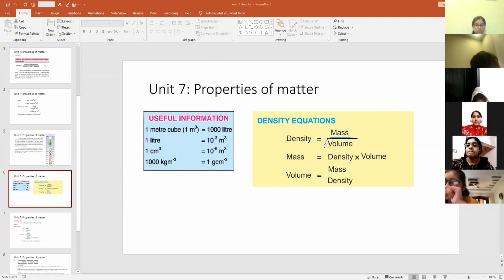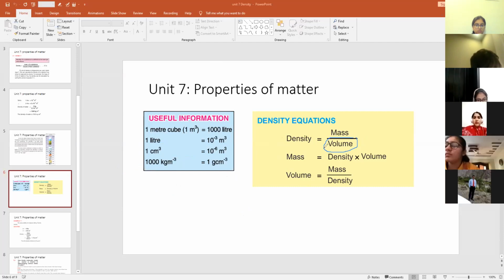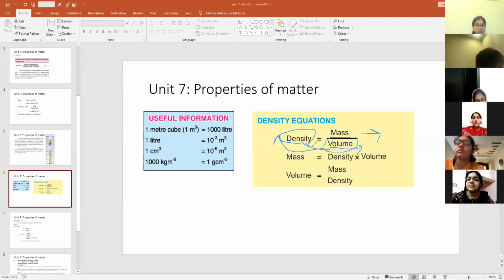So what we have to do is take this volume on the other side if you want to calculate the volume, and we have to take this density on the other side. Now see, from this equation, the volume is dividing on the right hand side. If you take the volume on the left side, it will be multiplied. Similarly, the density is multiplying on the left hand side, and if you take the density to the other side, it will be divided on that side. So in this way, you can write volume is equal to mass divided by density.